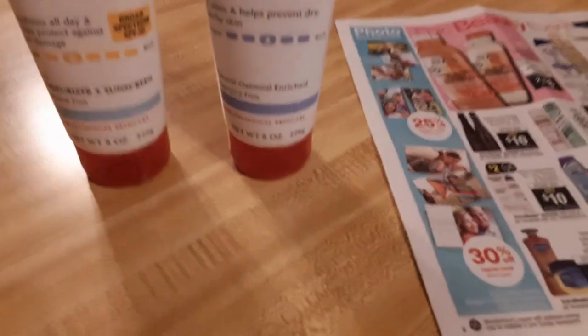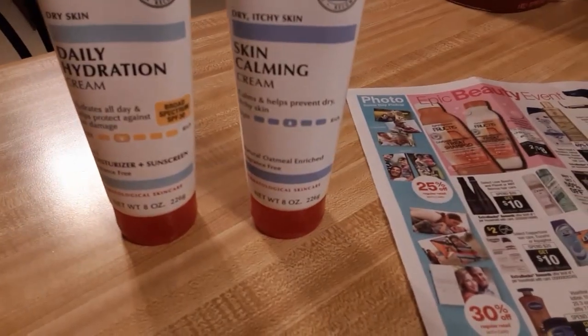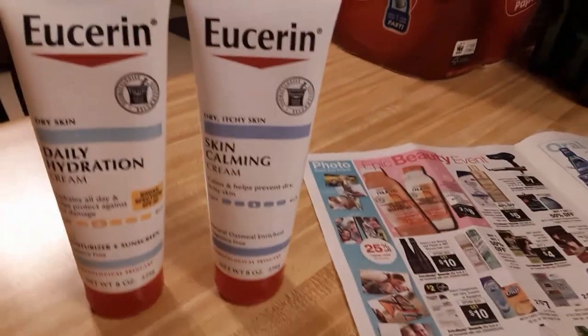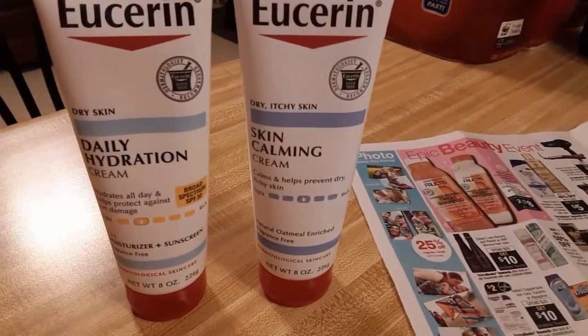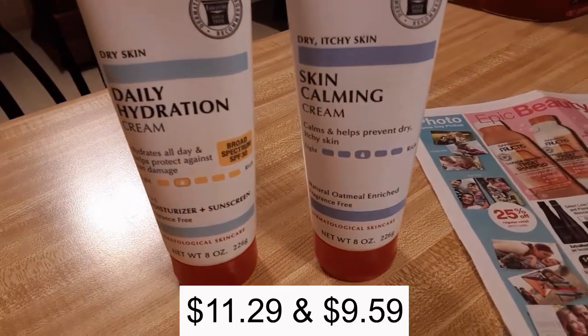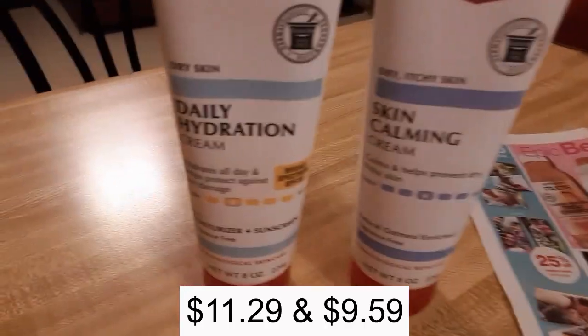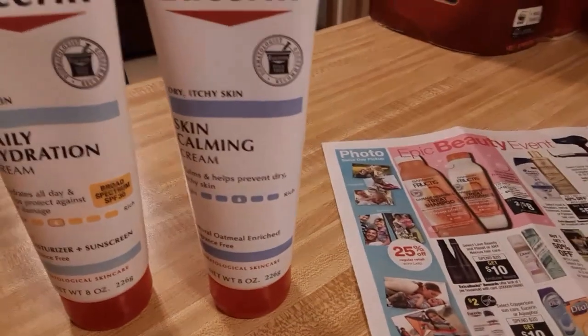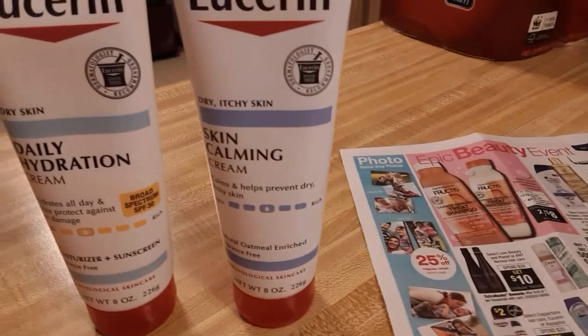Both of them are 8 ounces. However, the prices are different between the two. The Skin Calming Cream was $9.59, and the Daily Hydration Cream was $11.29. You can sort of mix and match however you want, but just so long as you get very close to